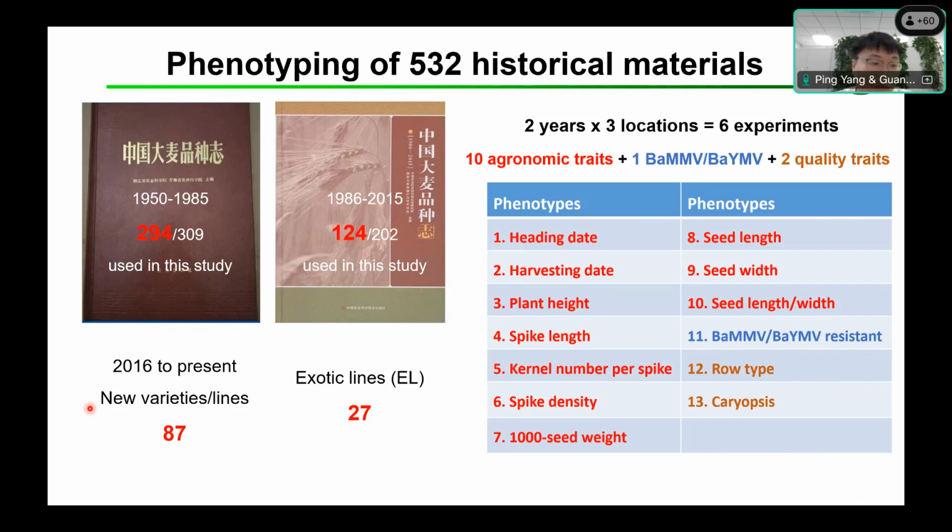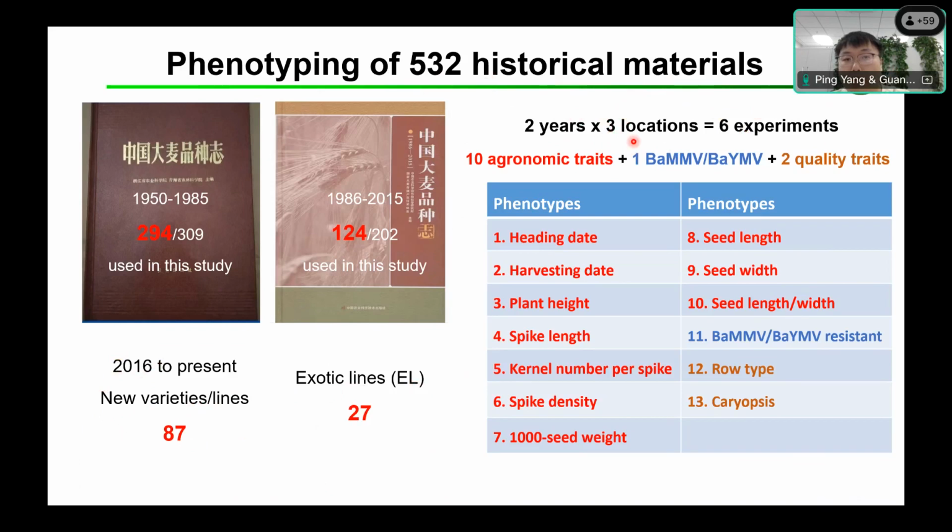Additionally, our materials also include 87 new varieties released since 2016 and 27 exotic lines. In total, 532 historical materials were used in our study, and we conducted 6 experiments over 2 years and 3 locations